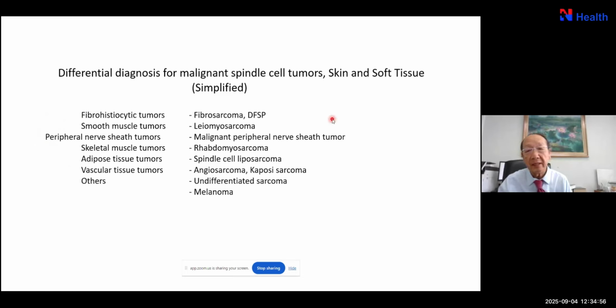Each one, the prototype of each has characteristic that we can look for. But the majority, in practical point, those that are not well differentiated has a lot of overlapping features. We look at them and we don't know what they are. We have to use immunohistochemistry to characterize some biochemical properties, and it will be a big issue in the soft tissue tumor. But in this case, what we can get from the H&E stain